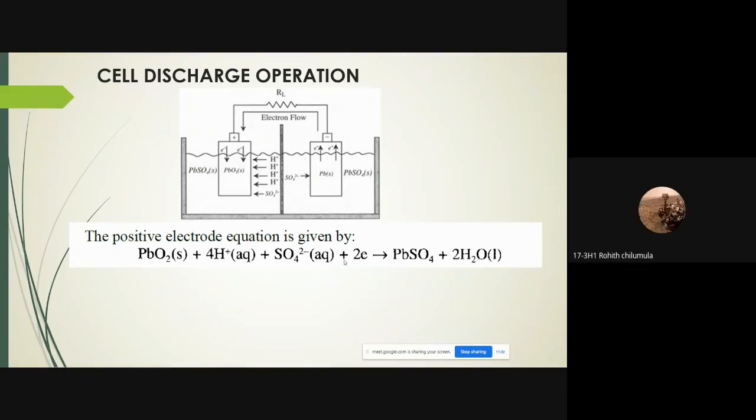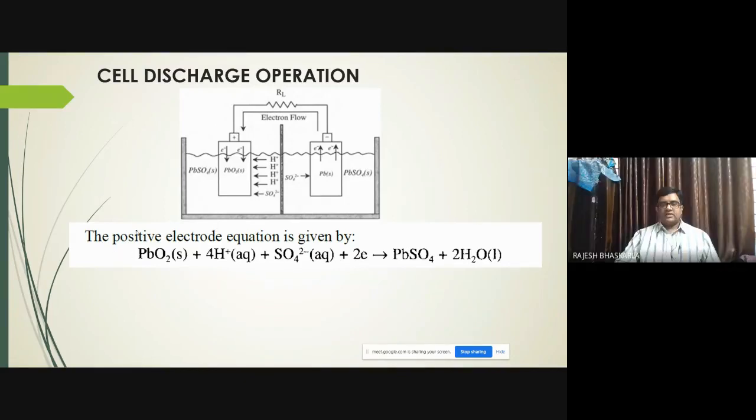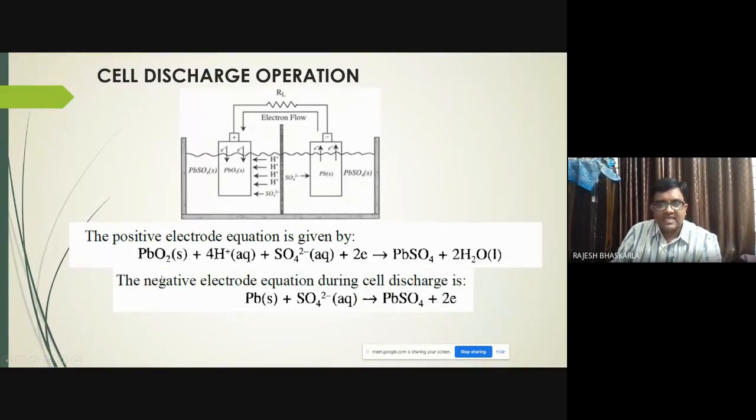Yes, sir. So you have to understand that during discharge at the positive electrode, electrons are taken or received. And let us see what happens at the negative electrode. At the negative electrode, you must know that electrons will be released. So on the right side, you should have electrons. Let us see whether that happens or not. At the negative electrode, what is happening? Lead is reacting with SO4 2-, the negative ions, and it is forming lead sulfate.